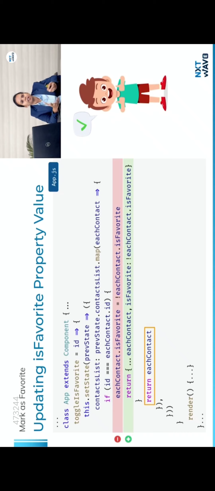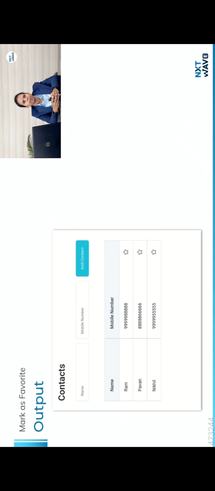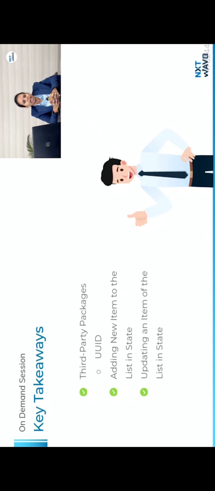So simple, right? So here in this particular scenario, we have updated a particular item in the state, right? So for that, we have to create a complete list, and even the objects inside it that have to be updated, you should create a new object for it. Okay, so we shouldn't update the property of a list item directly. So even if you want to update a property of the list item, you should create a new object and return it to the list. Okay, so that you can ensure that it is immutable. Okay, and we have seen this output, right, where we have toggled is favorite. Okay, there you can see. Okay, so let's summarize what we have understood in today's